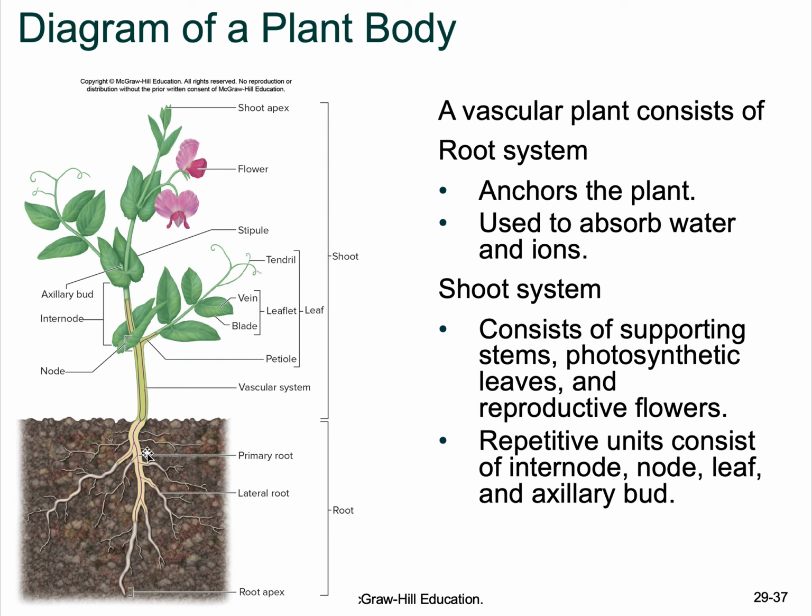If you've noticed, roots are white, and that's because they don't photosynthesize. They're underground. They can't photosynthesize. And so that's why they're white, and then anything up here is actually green. And I think we have already mentioned most of this. A vascular plant consists of a root system and shoot. Yes, we're okay.